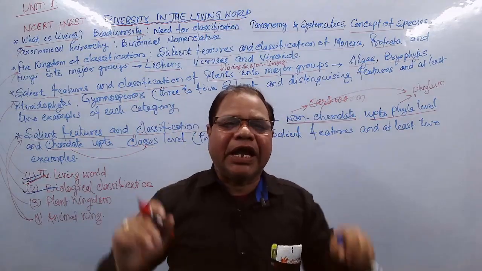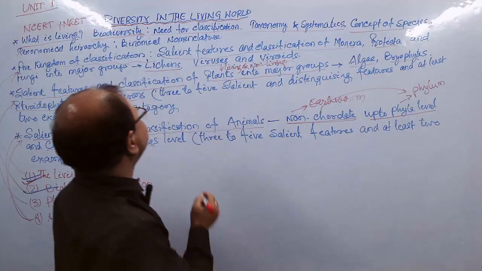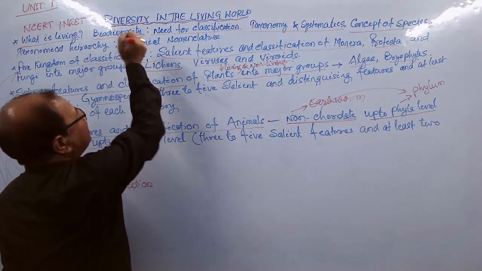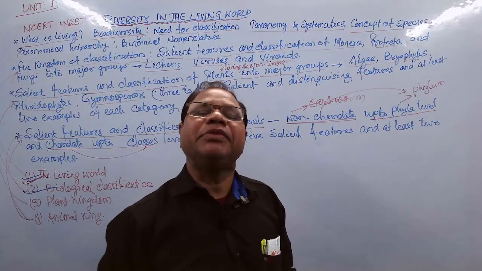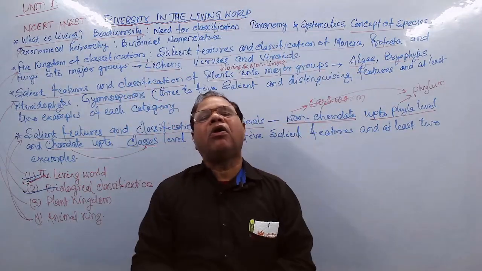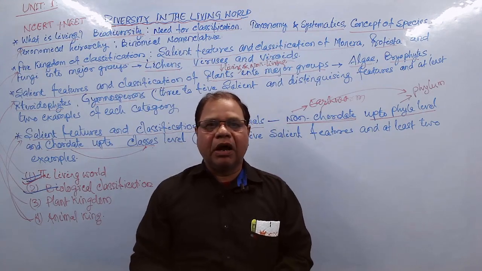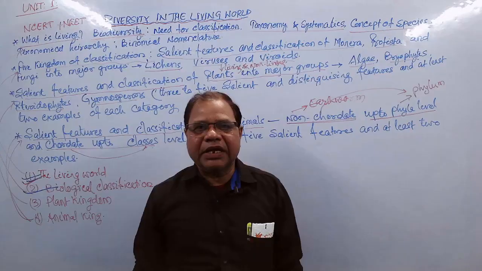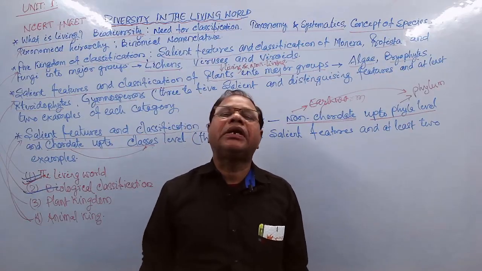There are different types of differentiation that occur in living organisms. That is called biodiversity. Bios means life. Diversity means differentiation. Suppose, for example, there are so many living organisms, living beings. For example, you see animals. All the animals have different shapes and sizes, different categories. Their habit and habitat are completely different.